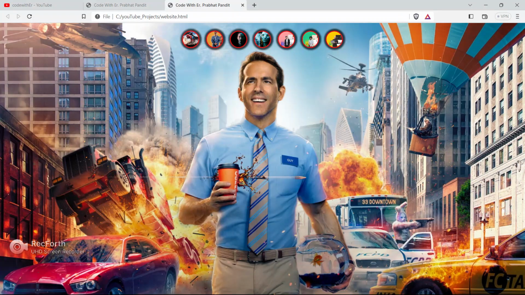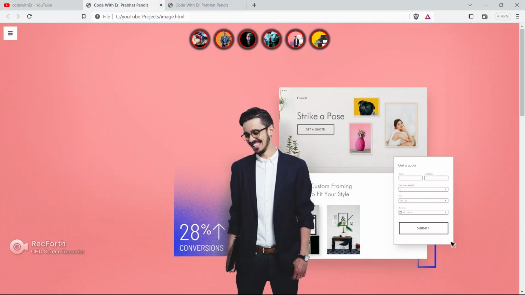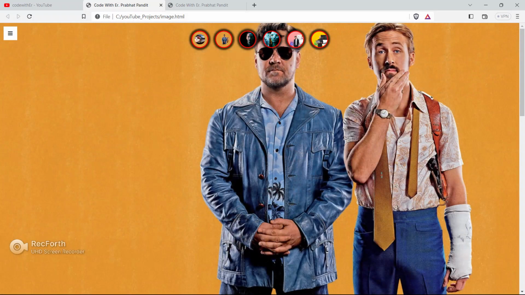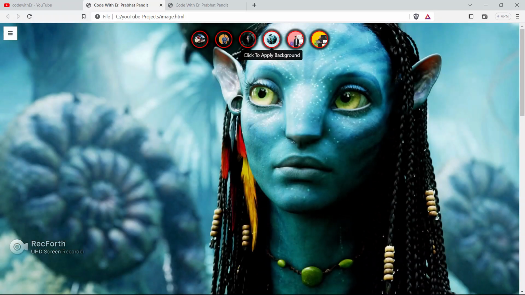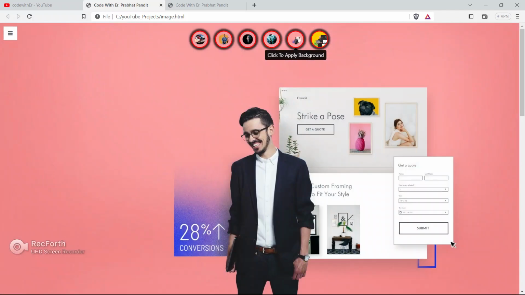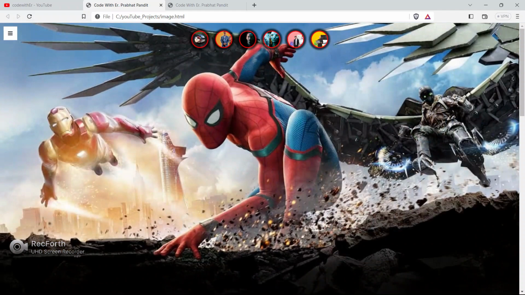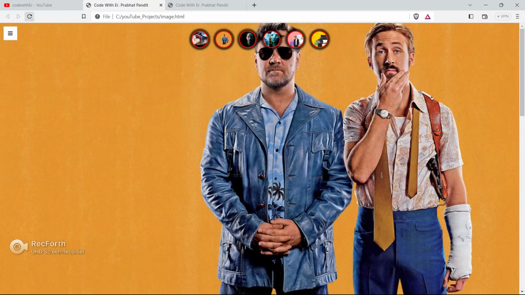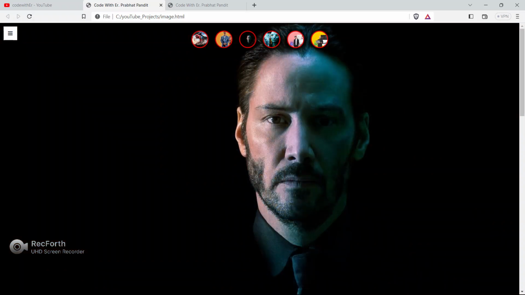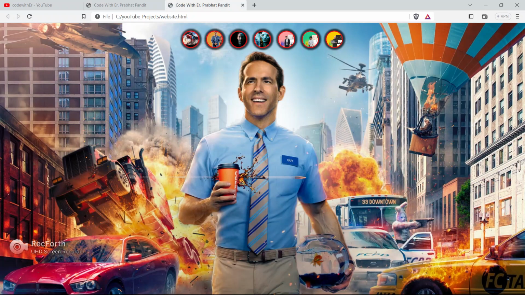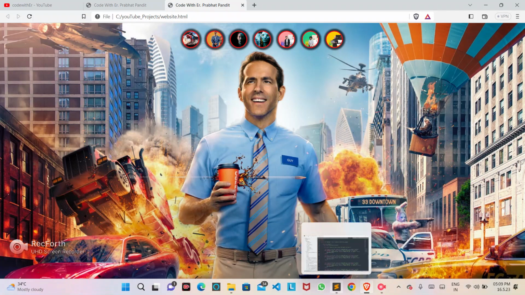Now we are gonna create JavaScript for changing the background color, like this. We are changing the background color, and as well as we are saving the background into the local storage, so that after refreshing the page or closing the page, the background will remain the same. See, the background is still the same. Change it, see, change this. We are going to make this kind of feature.